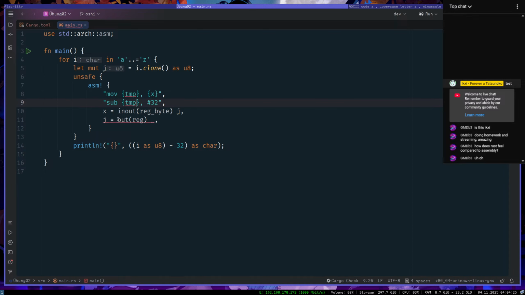Then make this into temp again. Let's just keep the names like this, otherwise I will get confused. Make this also reg byte, I think.